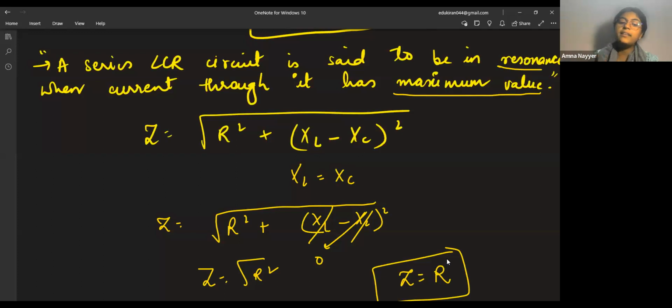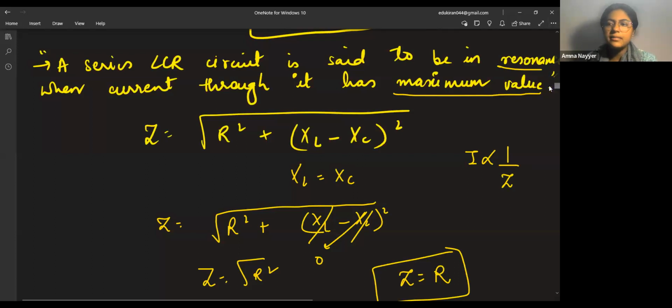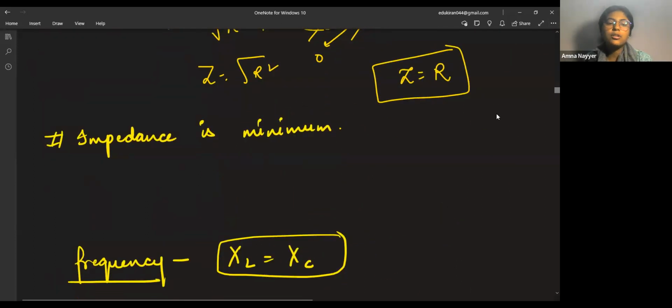So current will be maximum, because we know current is inversely proportional to resistance or impedance. Impedance is actually resistance, so it is also saying impedance is minimum. Now, when it is saying impedance is minimum, you have to keep in mind you will be using I RMS equal to E RMS or V RMS